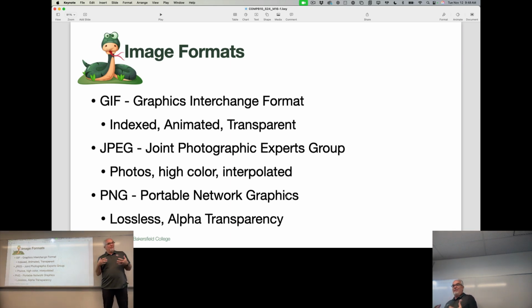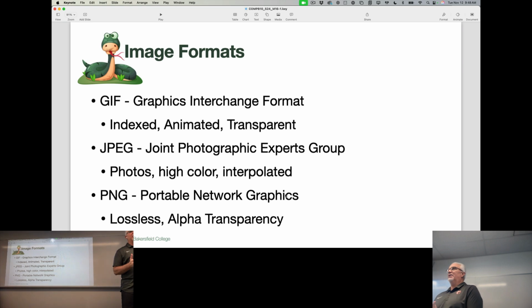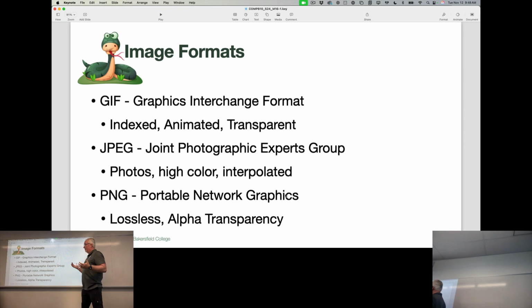But what we realized is, oh crap, we've got these really big images, and now people want to send them or put them on their web pages or send them in emails. So what we figured out is, how can we create a new image format that compresses the size of the image as much as possible while still keeping the quality of the image as good as we can? And so we came up with a few options. One of the first options,